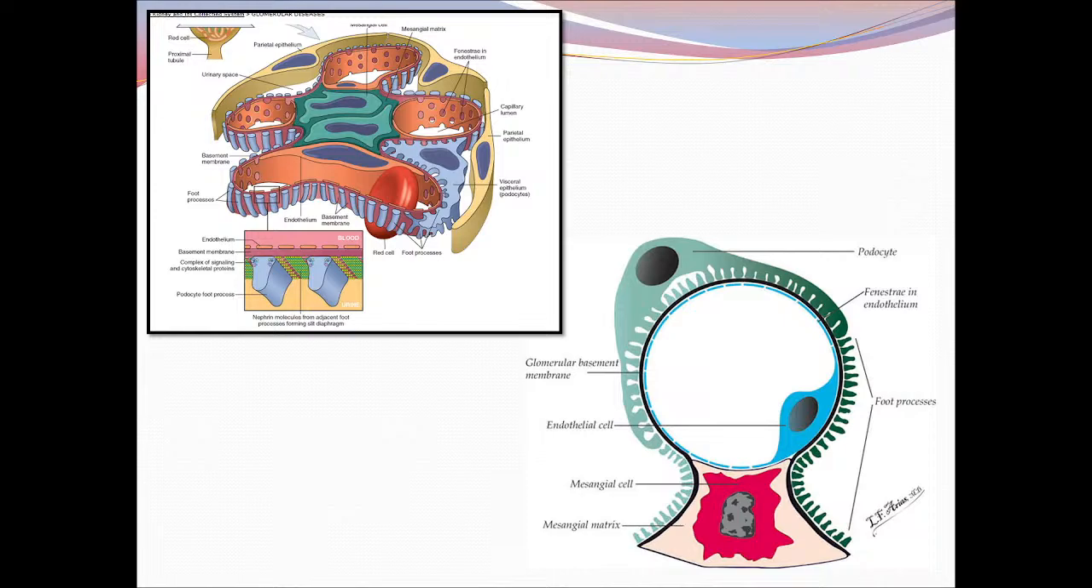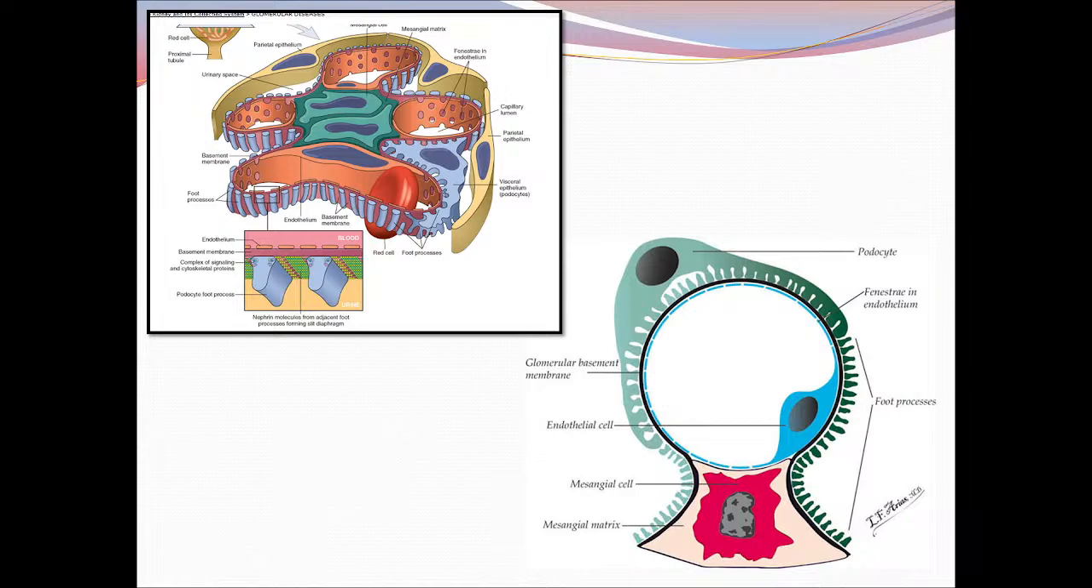What you can appreciate here, this is what? This is a capillary lumen. Okay, here this is an endothelium, right? So, this is a capillary lumen and this is a mesangial cell. And this is a basement membrane, and in approximation to this are the visceral epithelial cells which have these